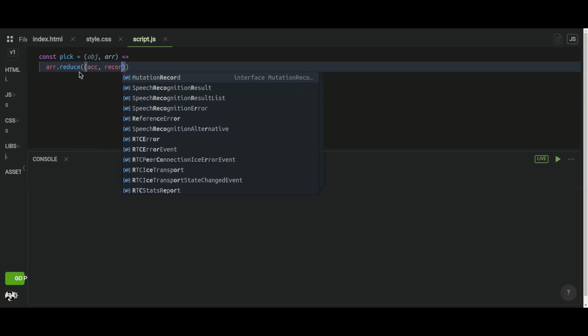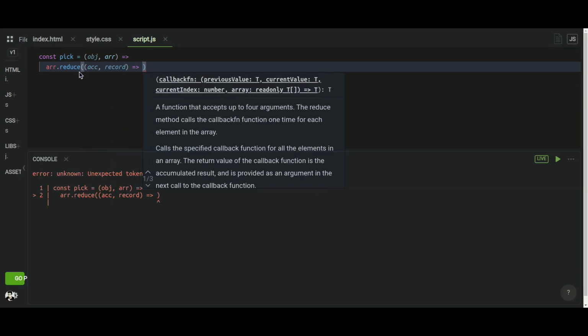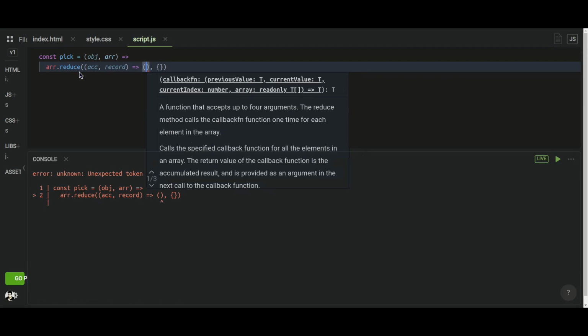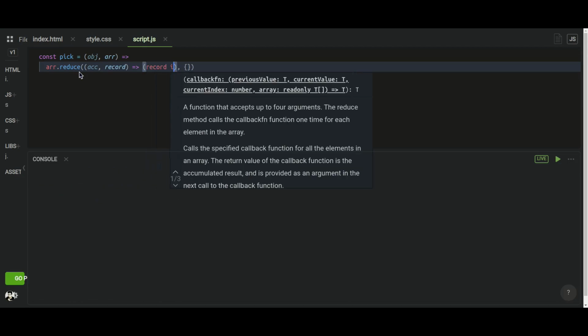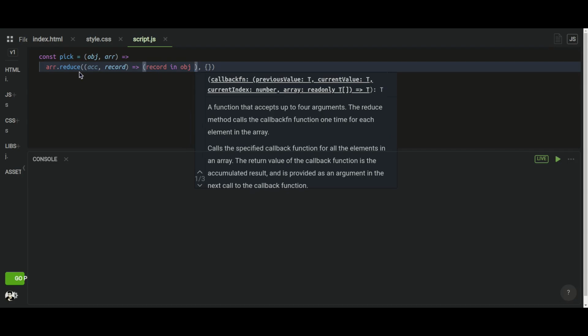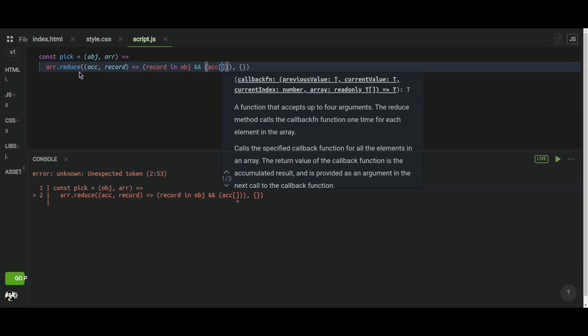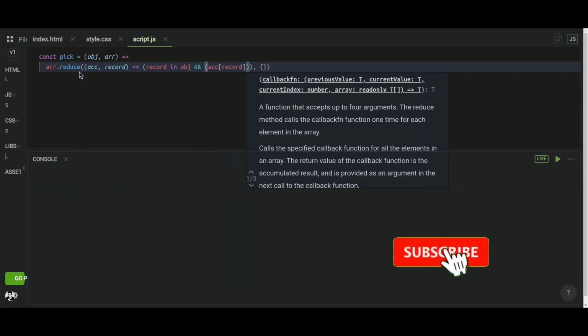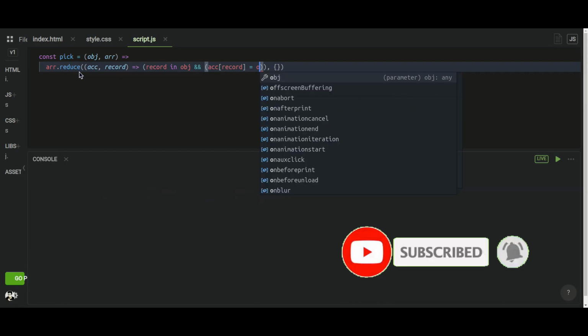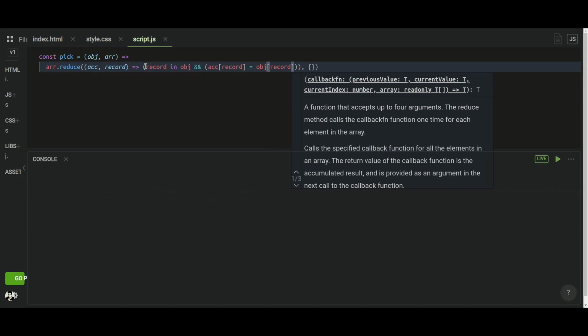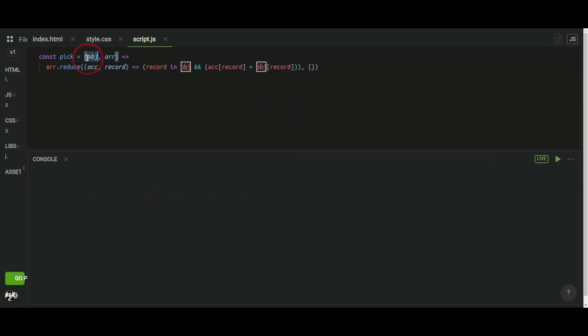So array dot reduce, and in the reduce method first I'll check whether my current key is included in my object or not. If it is included, then I'll set it as a key in the new object of this reduce method, and as the value of that key I'm going to get the relative key value from the given object of this function, right?